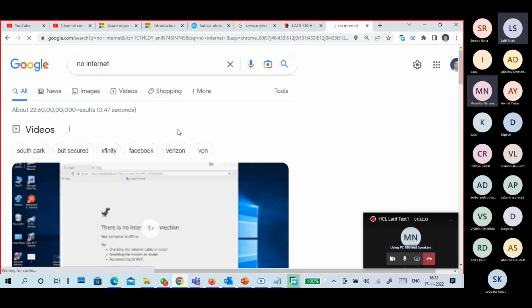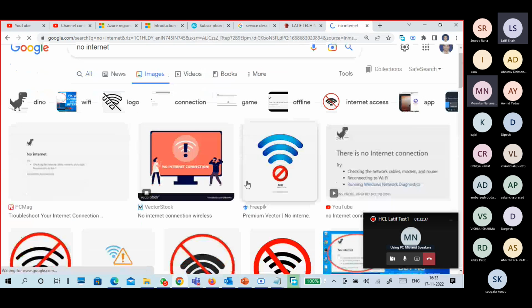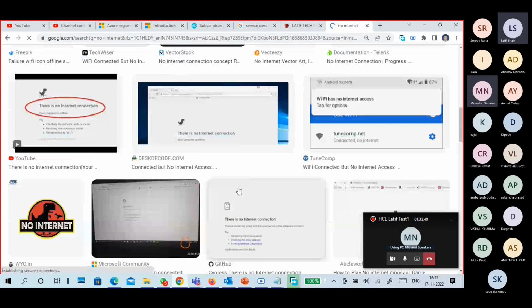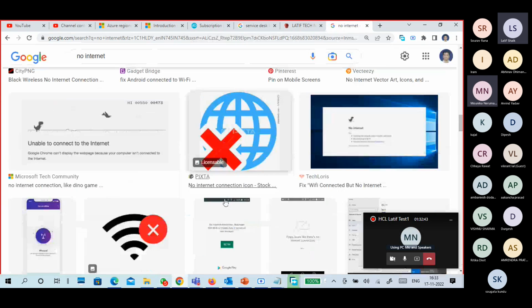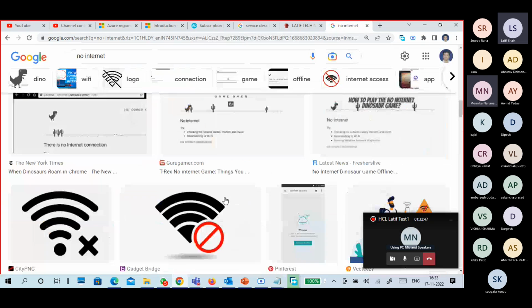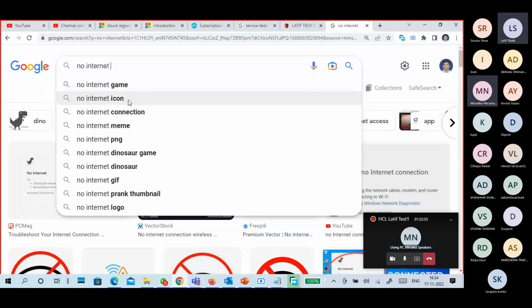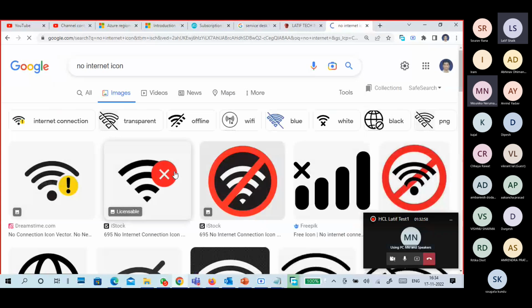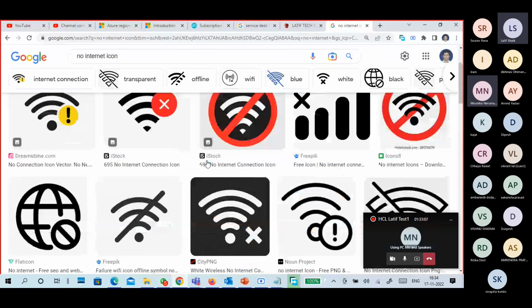Okay. That is YouTube, but I can show you. At the bottom of the screen, if there is no internet, it shows a small globe symbol. It is shown in different ways. This is Wi-Fi disconnected like this. This is the globe symbol, or like this. So you are not connected or there is no internet. That is the no internet symbol.